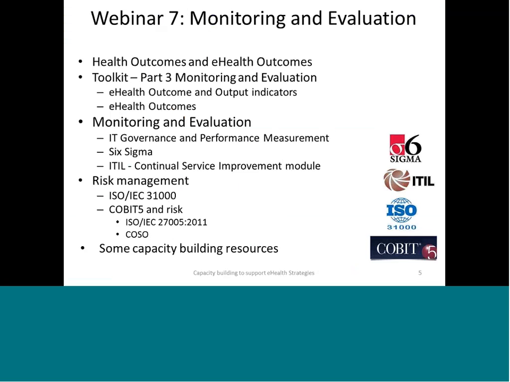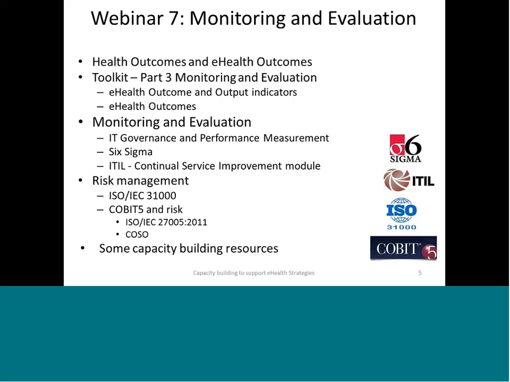What I want to talk through with you is, first of all, to consider the issue of health outcomes and eHealth outcomes, then to look at what the toolkit says about monitoring and evaluation, and in particular what it says about eHealth outcome and output indicators, and then to look at the monitoring and evaluation